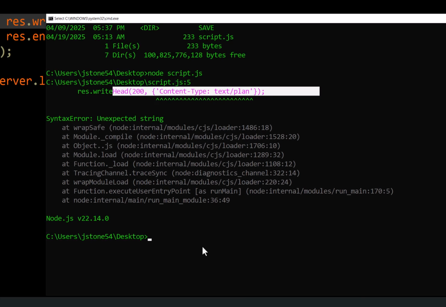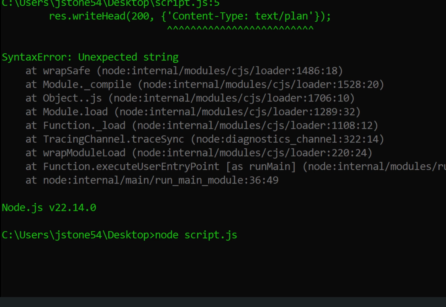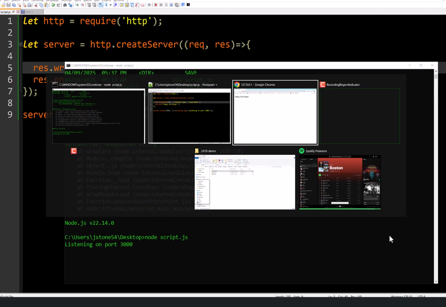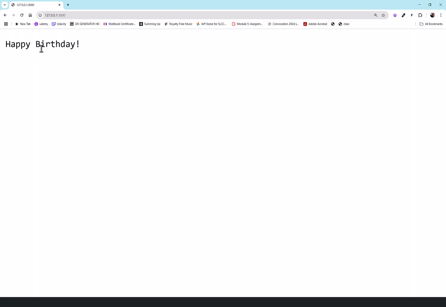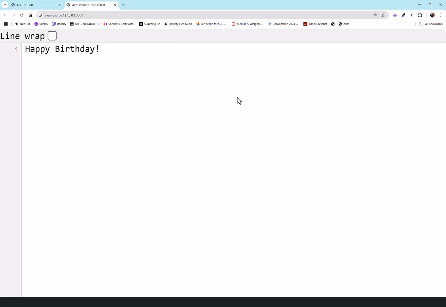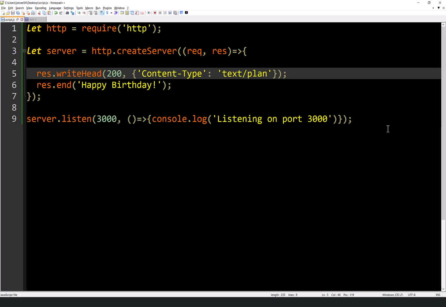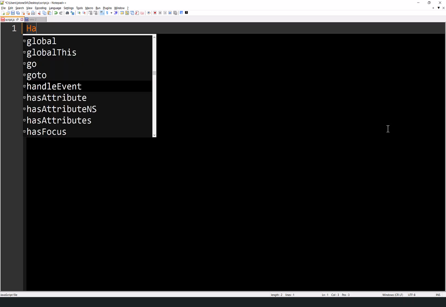Come back here, a little tip in the command line. If you hit the up arrow, it'll show the last command you typed. You can keep going up and it'll show previous ones. You go down, it'll take you back down. So I just went up and ran it. And now it says I'm listening on port 3000, which is good. And so now if I come back to the browser, it's already reloaded and said happy birthday. That's it. Now, if you look here at the code, the raw HTML, it's literally just that, because all of this turned into that.